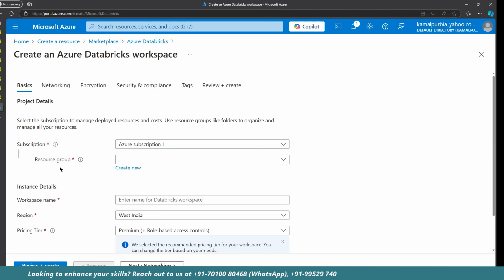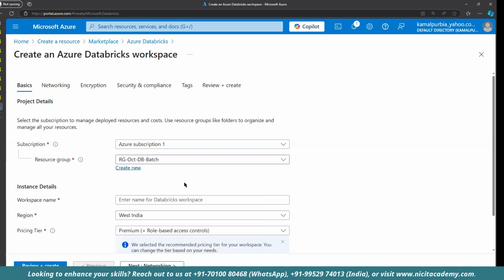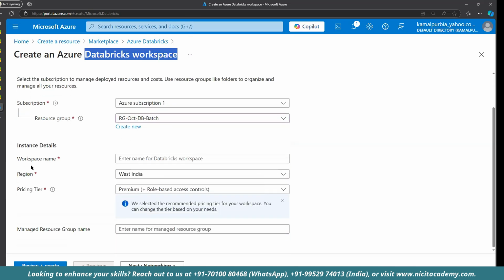And here we can choose the resource group. Okay, so we'll go here and we'll pick our resource group. And if it is not there and you want to create a new resource group, you can create a new resource group from here also by just providing the name, and it will pick that one. Okay. So we are on creation of Azure Databricks workspace,